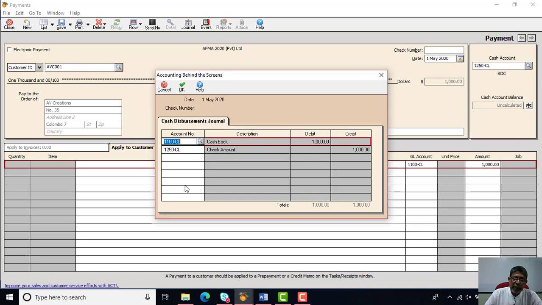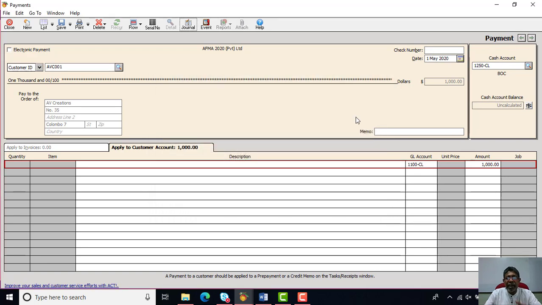So that will be refunding the money back to the customers if you need to make a refund. I hope you got the idea of what is available in this particular window. Now we can move on to our handout and do our activities relevant to this payment option.